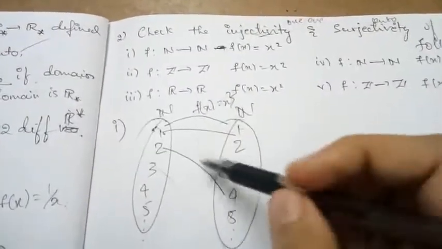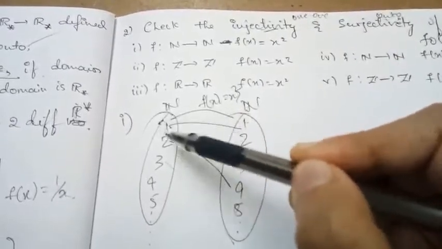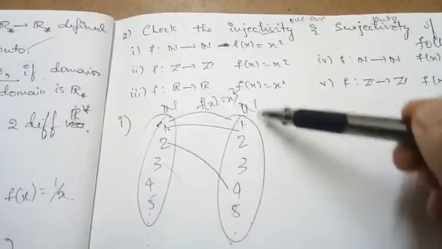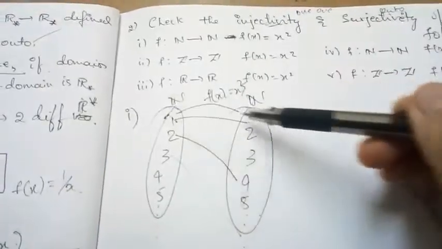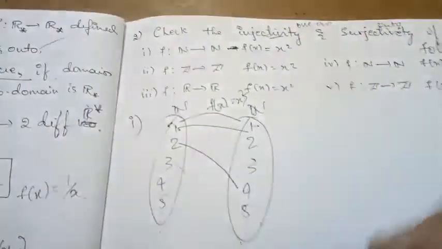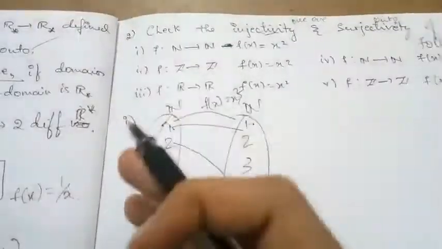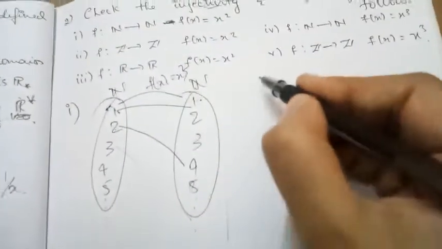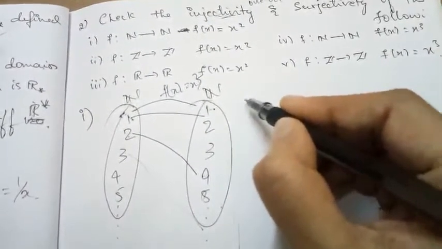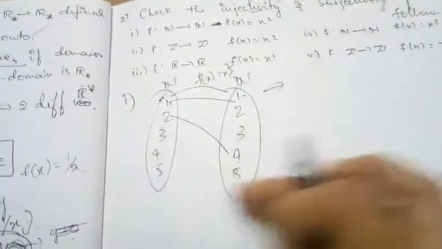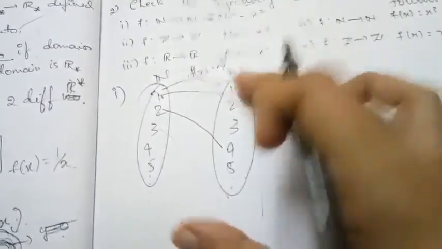Now to check whether it is 1-1 or onto, you can see here, for each natural number present in the domain, there exists one square in the natural numbers. So for 1 it is 1, for 2 it is 4, for 3 it will be 9, for 4 it will be 16. So for each natural number there exists one square which is present in the set of natural numbers. So clearly it is a 1-1 function. How can we prove that? You understood this is a 1-1 function by the diagram, the pictorial representation, or the mapping.